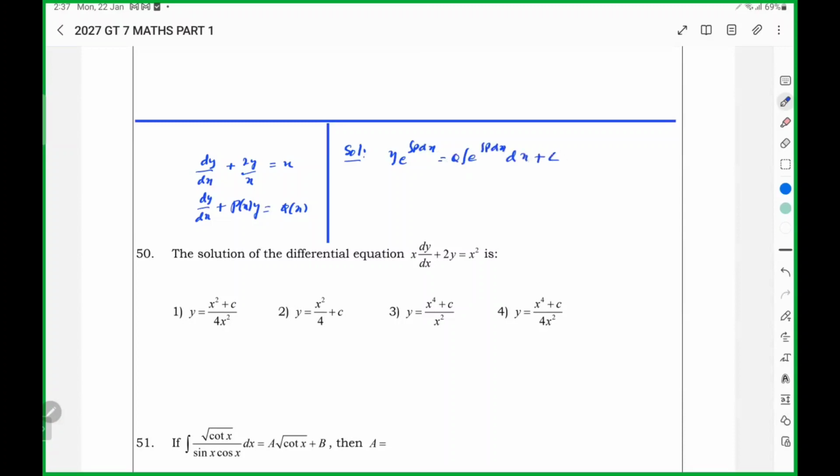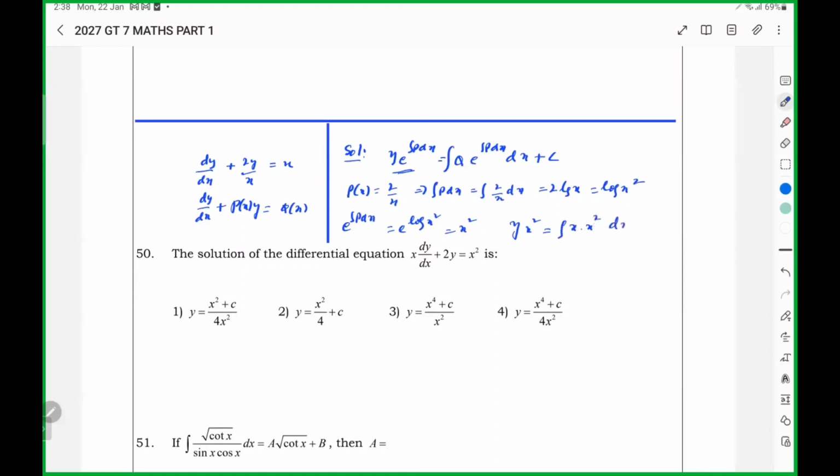This is the solution for linear differential equation. Integral P dx is 2 log x. e power integral P dx is this. So then the solution will be y x square equals integral of q of x, which is x into x square dx. So finally y x square